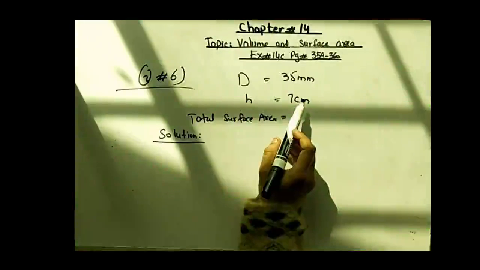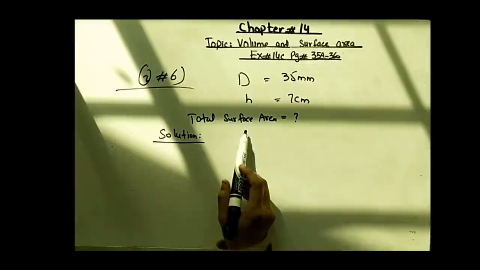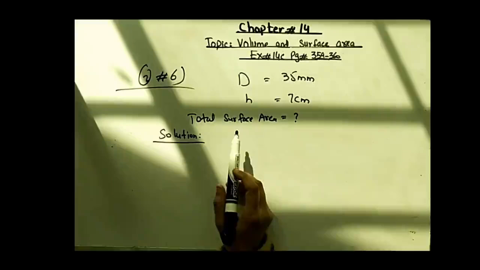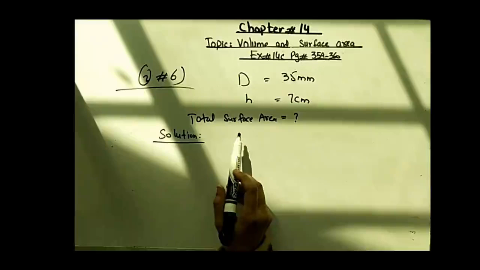Okay, r is 5 in millimeter and h is equal to 7 centimeter. Then they are asking about the total surface area. Question: in a toy factory, 200 wooden cylinders are there. The diameter of one cylinder is 35 millimeter and the height is 7 centimeter. They have to be printed. So what is the total surface area in centimeter square that needs to be printed?